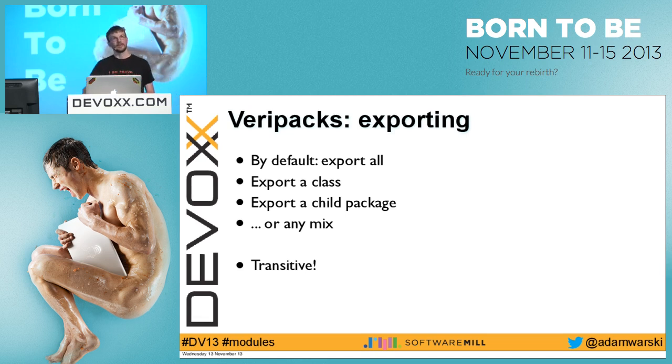And you can annotate packages in a special package-info.java file. Or you can mix it in any way. So you can export both a class and a child package and so on. And what is important is that these operations are transitive. So if you export a class, you actually hide not only other classes from the same package, but also all other packages.